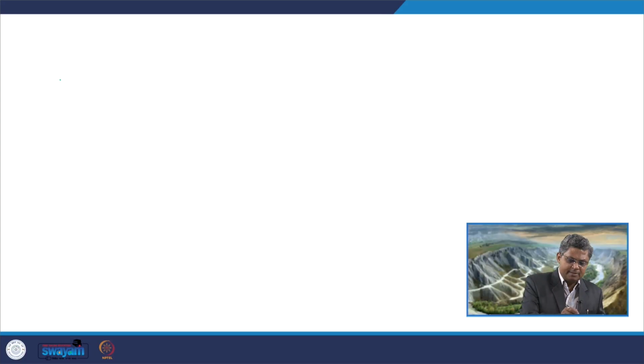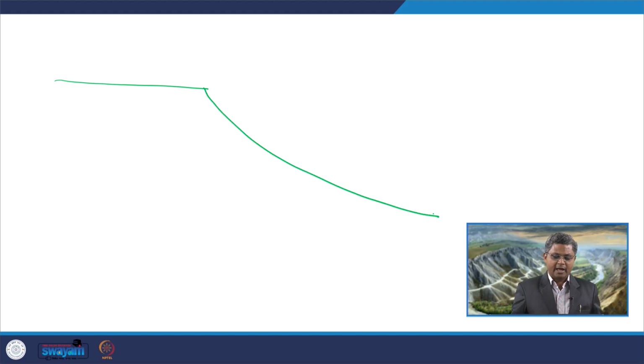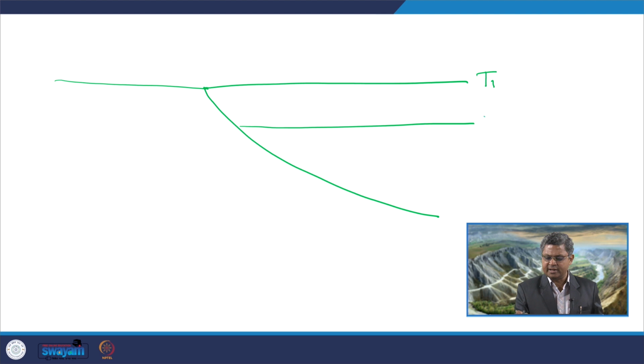So, these two surfaces are commonly separated by a package of strata, which is the forced regressive deposits. So, again we can refer to one very simple diagram to explain this. Say for example, again that same marginal marine part followed by the basinal part, and during this, say this was the time T1, and from there the sea level or base level has come down to this one. So, maybe this is T2.